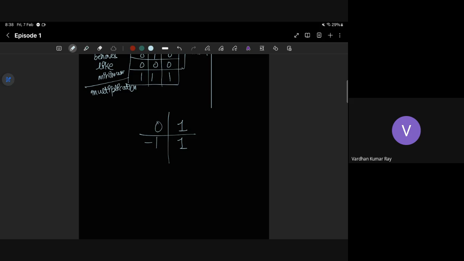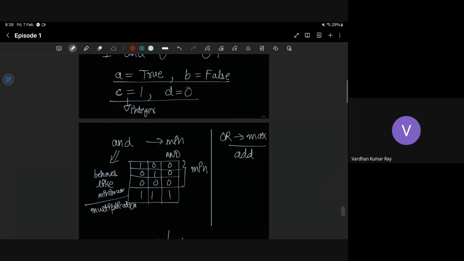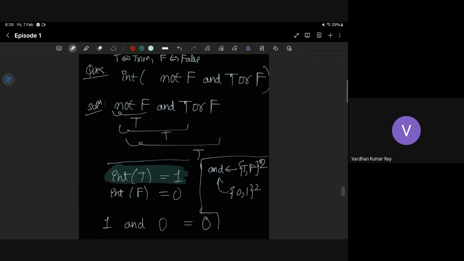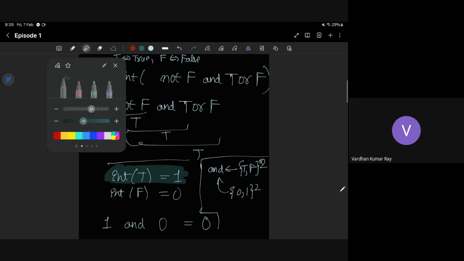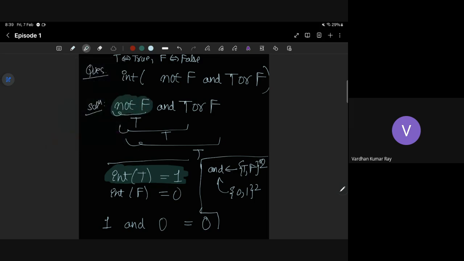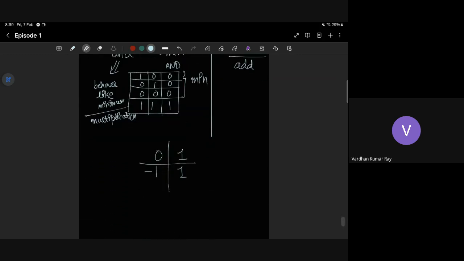Okay, I think a lot of people are writing some doubts. We got true or false. Let me see. Are you guys talking about this? Yes. Let me just do it. I might have made an error, that's very possible. So this is true, right? Then this thing will give me what? True again, right? So true or false is what? True again, right? And the integer of true is 1. That's all. Is it clear?